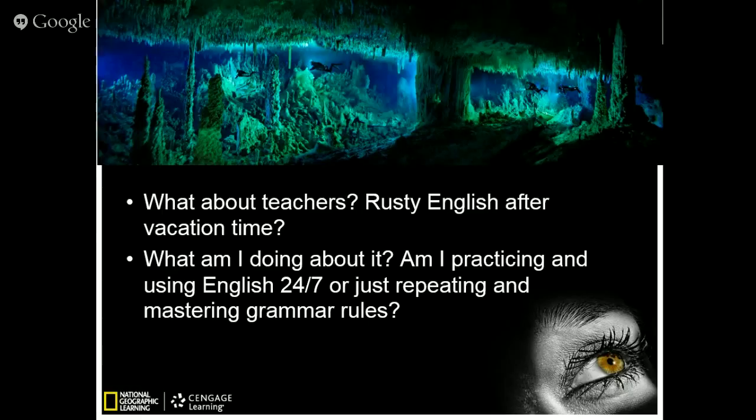Also, I was wondering about myself, right? What about teachers? I'm gonna be very honest with you guys, and obviously, if I'm using English 24/7 every single day, my English level is good enough, right? It's above the average, and obviously, it's easy for me to talk and to pronounce and to use a lot of phrasal verbs and slang and expressions. But if during my vacation time I stop reading English, I stop using English,